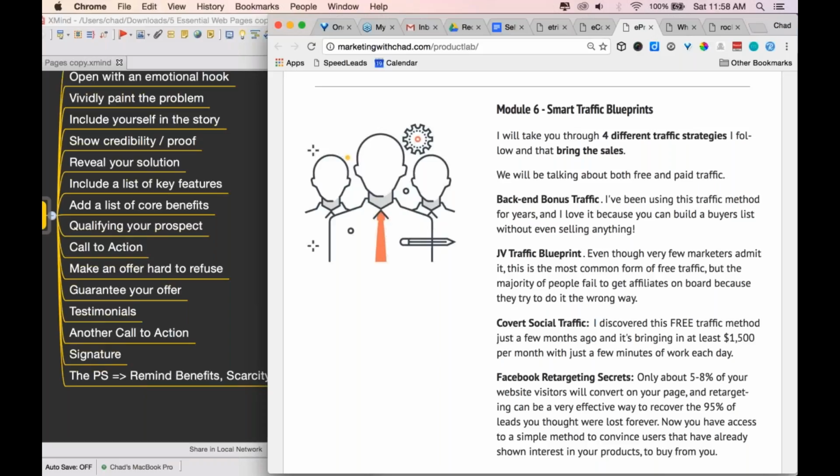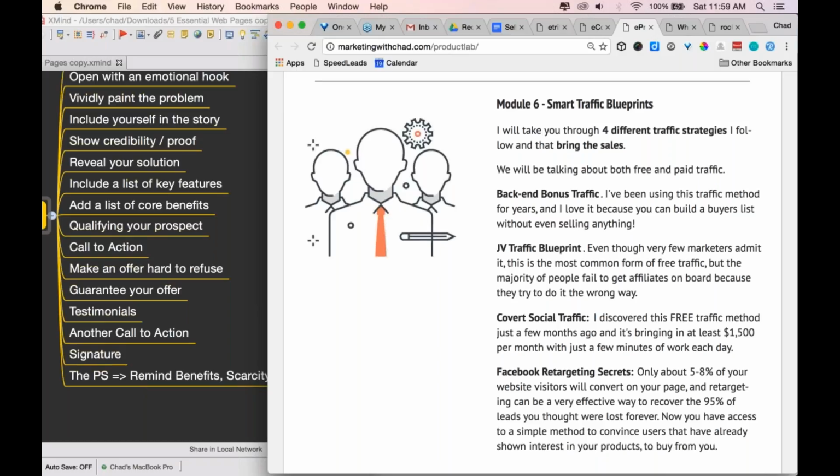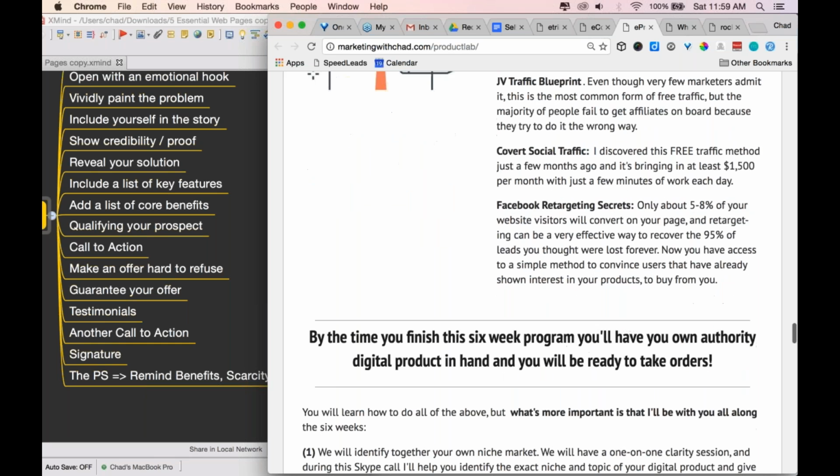This is important when you sell products that are not just $17 or $27 products. When you're selling something for $97, $200, $300, $500, or $1,000, it's important to show exactly what they're getting, because it's an investment for your audience. All right. So once I did this,